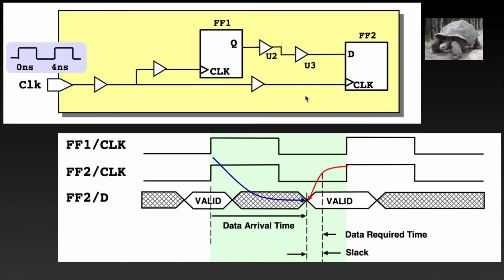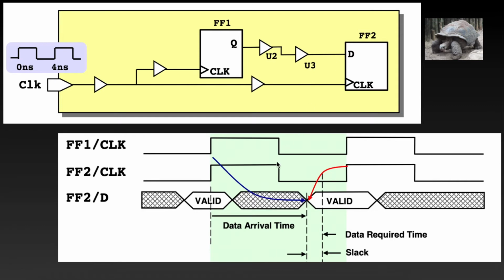Now let's look at the setup time in detail with some timing diagrams. Let me use this example circuit to explain the setup constraint, and we'll see what makes up our clock cycle. After the clock rises at the flip-flop 1 clock pin, it takes the clock-to-Q delay, which is TCQ, to propagate to the Q output of flip-flop 1. Then the data goes through this combinational logic, through U2 and U3, to reach the D input of flip-flop 2. To meet the setup constraint at flip-flop 2, it has to arrive T setup time before the next clock.